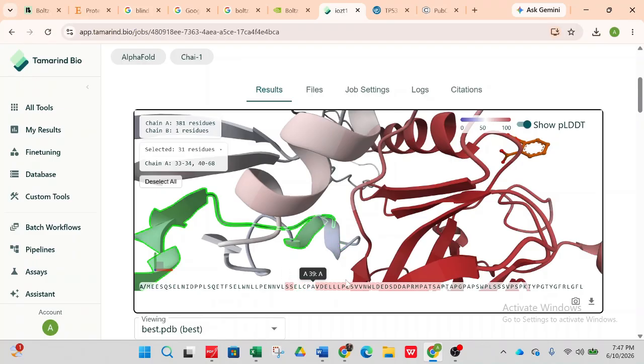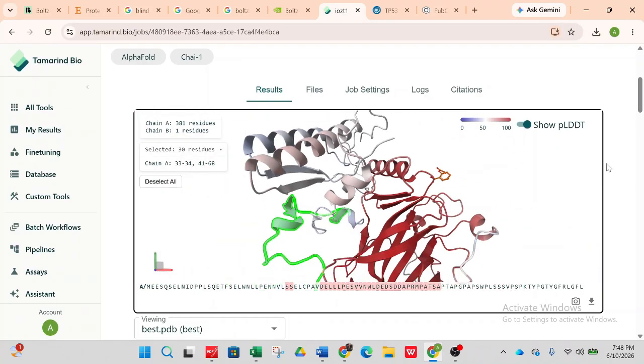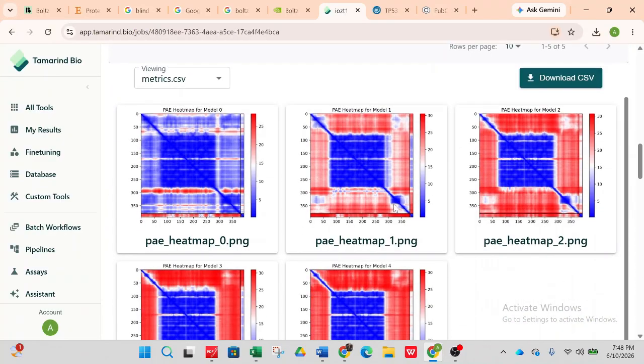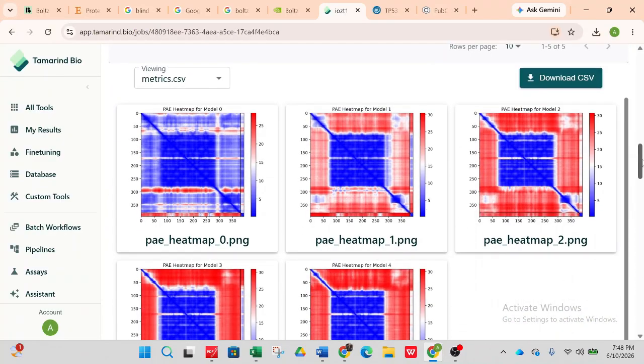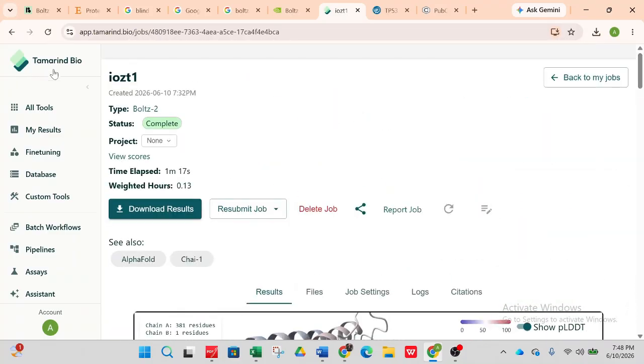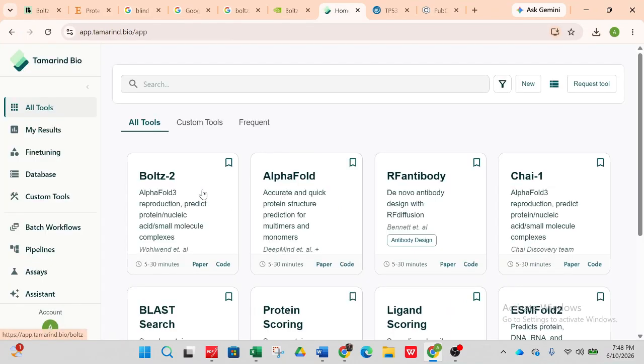Yep, this is all about Boltz-2. Here you can also see the heat maps and other things. And from this Tamarind Bio, you can also explore many tools by clicking on all tools, like Boltz-2 or